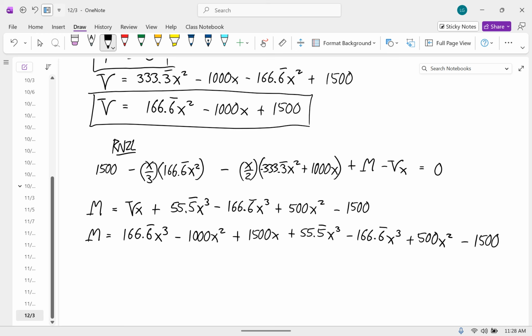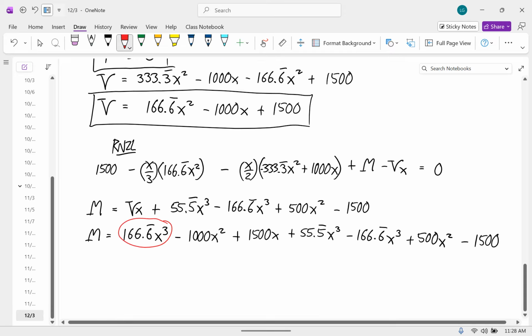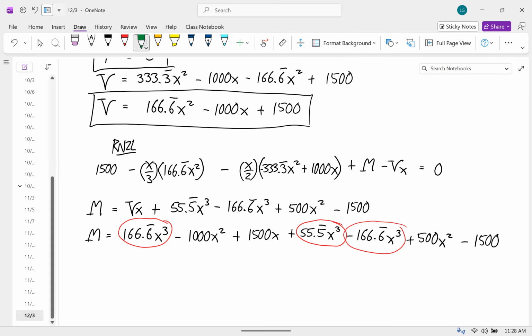And we have 3 of these cube terms. And 2 of these squared terms. So that is